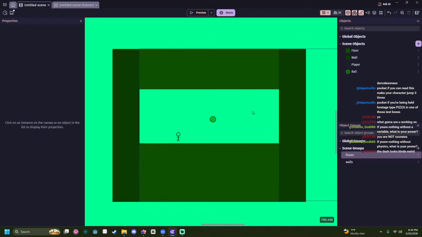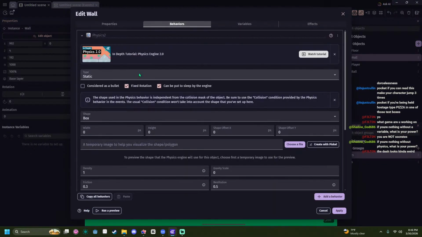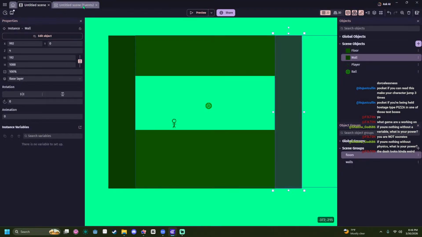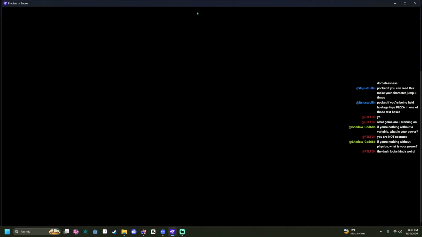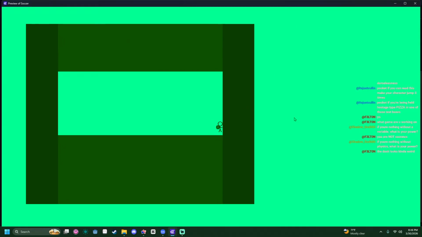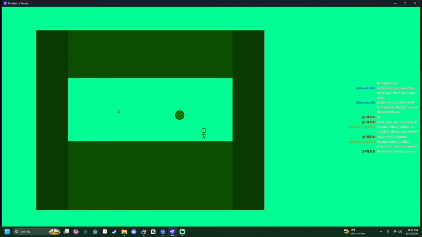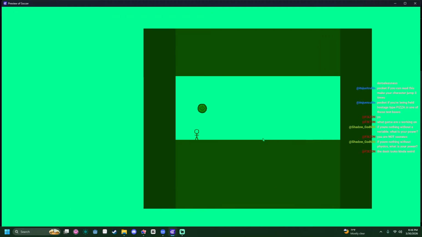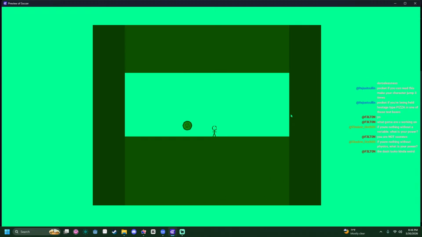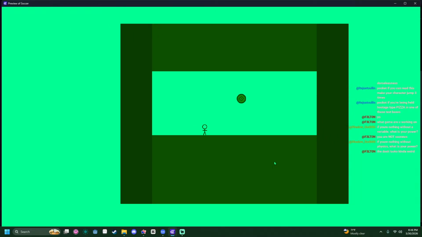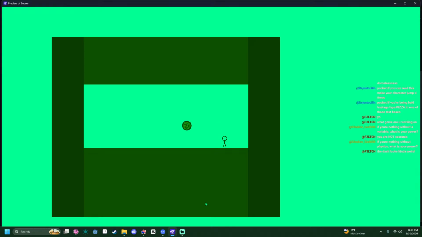There we go. So we need these to function similarly. They still need perfect. And honestly, that should just automatically fix it, I think. Yeah, I was right. Cool. And they still work as walls. Nice. Okay, now I can't. That was weird. Something happened. I think the ball came back and hit me, maybe?